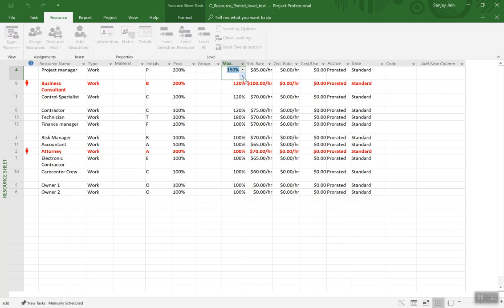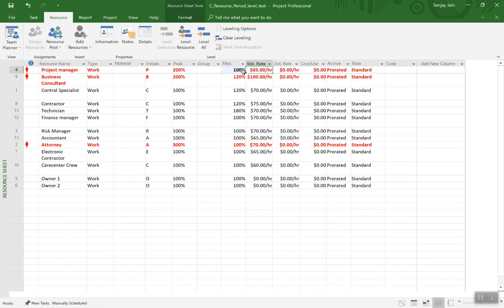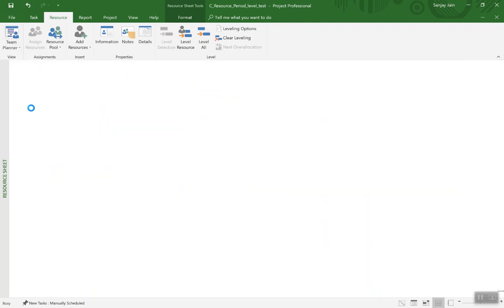So let's do 100%. And so, of course, that makes it overloaded. And now we'll go and level the project manager in a specific period of the project. So to do that, let me show on the resource graph